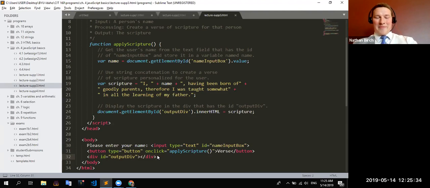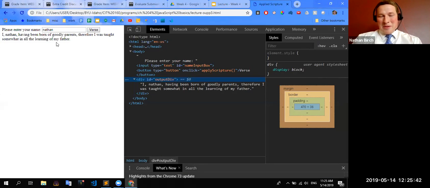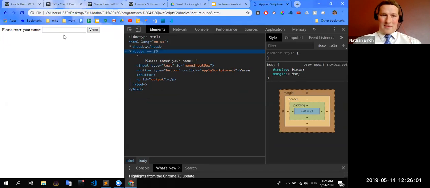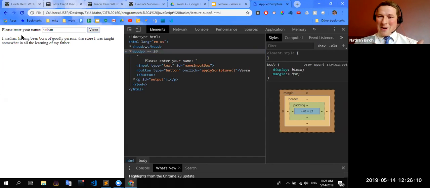Now here's the interesting thing about a div. Div is short for divisor or divider, and it basically just makes a separate space on your page to put something. But I could have a paragraph here, and still have it be called, I guess output div doesn't really make much sense, but I could call it output. And then if I run this, it will look very similar. See that? The only thing that it did was just add a little space right here. That's because the HTML paragraph has a little space around it for a paragraph.